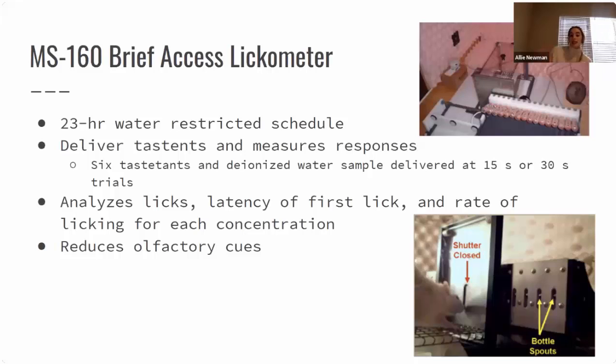Later on in our experiment, we actually tested generalization to other sweeteners that we talked about earlier, like sucrose, maltose, and saccharin. After we did all of the testing, we gathered our data from the Davis rig and completed a one-way ANOVA. And then we also did a post hoc t-test in order to look at between group interactions. So next slide.